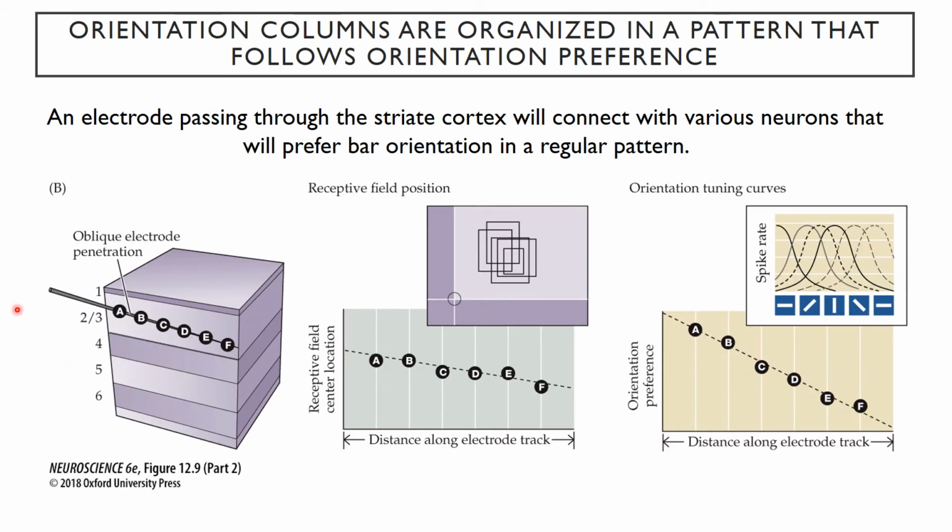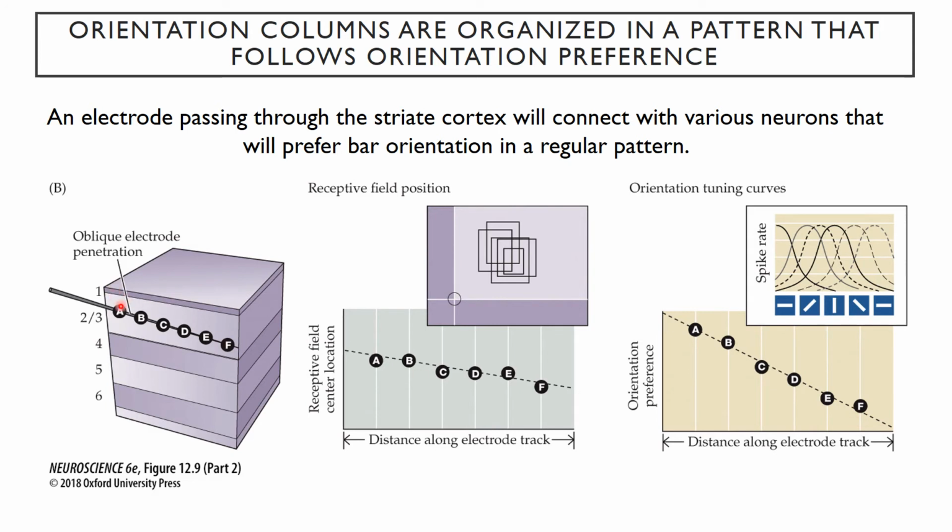All right, what if we go the other direction? Now we take an electrode, and we're going to stay within the same layer. In this case, we just happen to be taking an electrode and pushing it through layer 2 and 3, but we're going across different columns. In this case, what we're seeing is that the receptive field position appears to be changing a little bit. So there's slightly different receptive field positions, but even more so, you're seeing different orientation preferences,